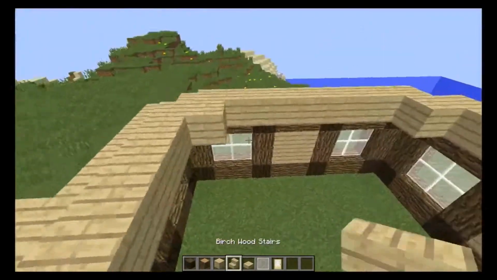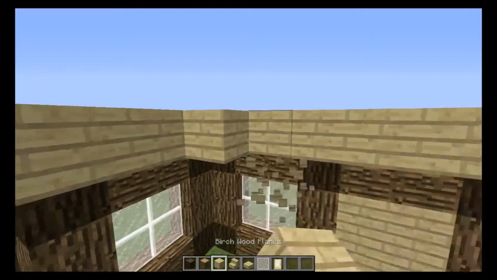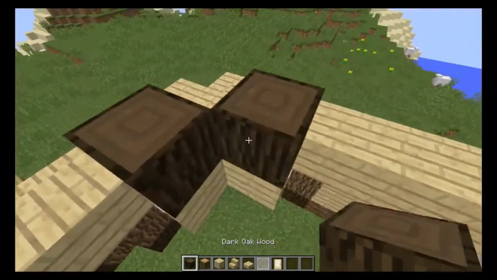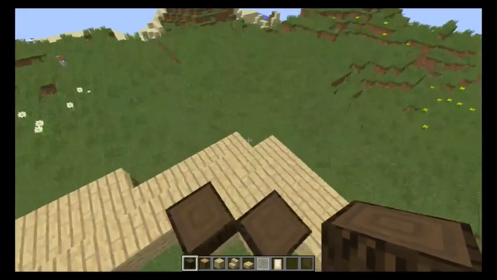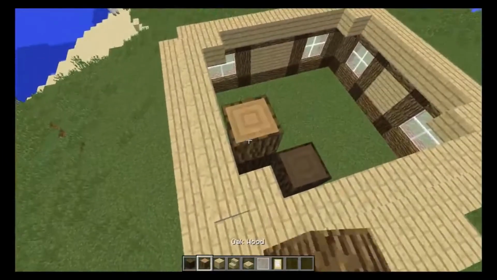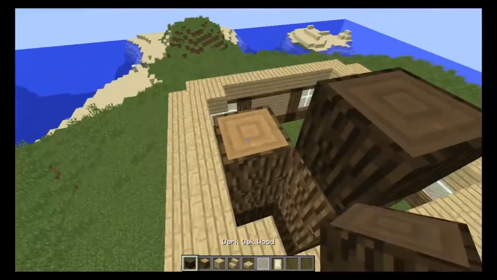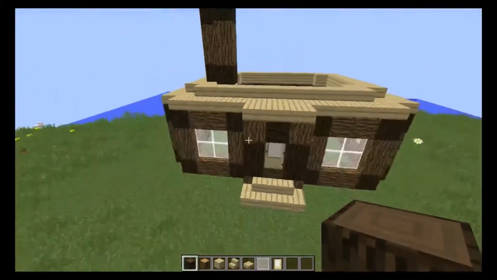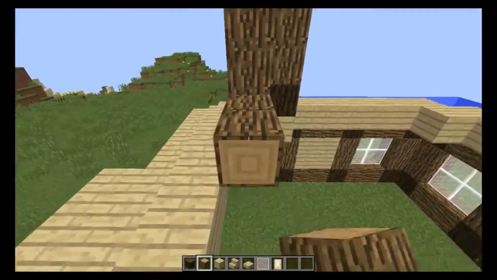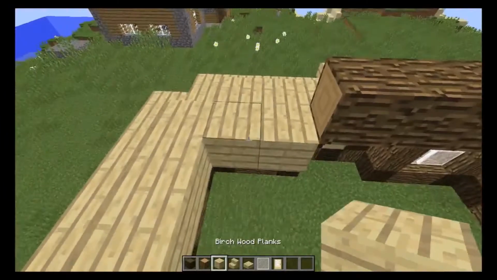Let's go ahead and start building that. I'm going to put in planks right here so it's easier to place our dark oak, like so. We're going to do the same look that we have right here up here. So we're going to have our dark oak 1, 2, and then 1, 2, and then like that. We're going to do the same thing around our house. Right now I just have one big window across the front,